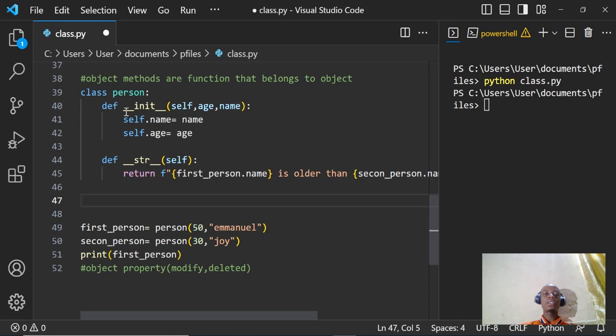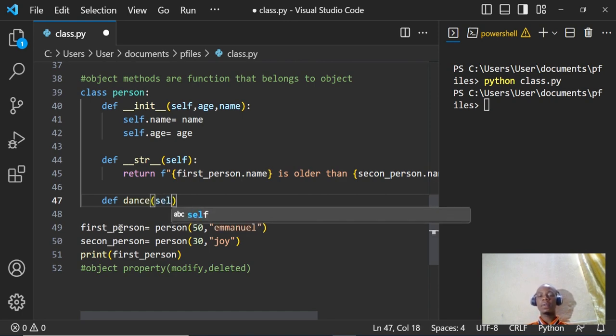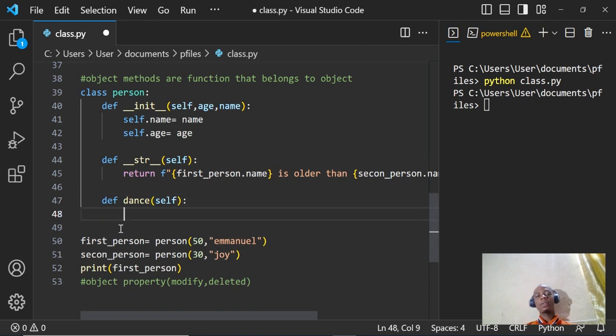Let's say we have this object person, and then this object person has the properties name and age, and then what can this person do? That's what we're going to specify using the method now. So I can say def, and then I can name this, let's say, dance. Since it's under the class person, it's still going to have that default parameter self. And then I'm going to set this self to